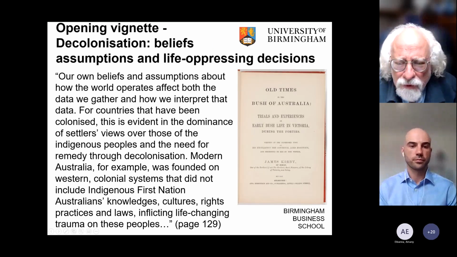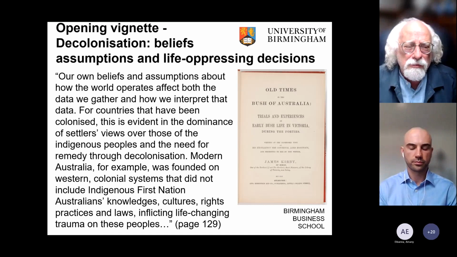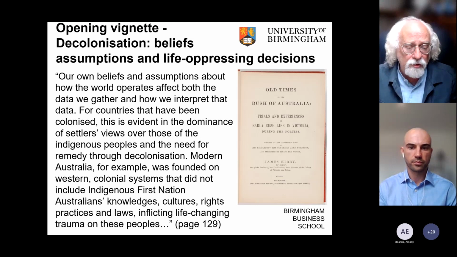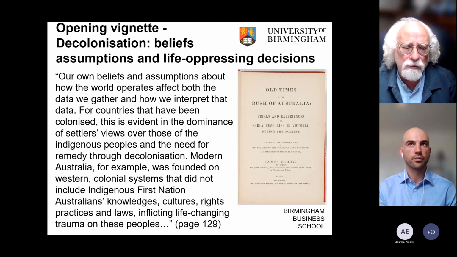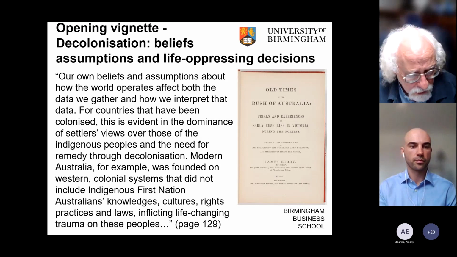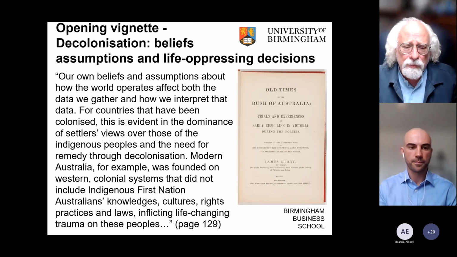On each chapter of the book, we start off with something to try and grab the student's attention. I've found these are quite useful to start a lecture off on a particular topic. So this is the opening vignette for the chapter on research philosophy. And we're going to come back to this when we talk about how we teach philosophy and decolonisation within methods. But what I've tried to do here is to bring out the idea that there are alternative beliefs and